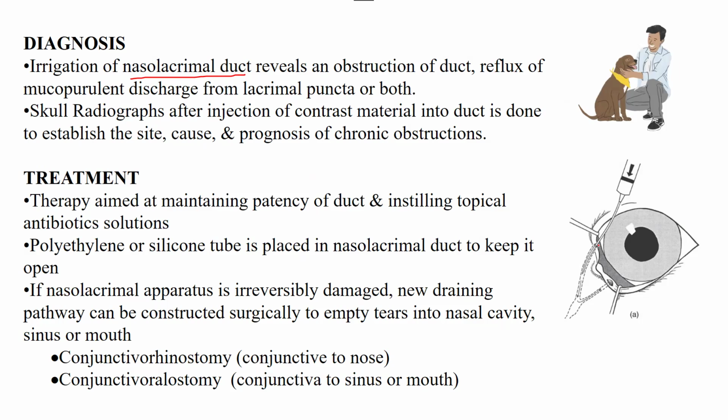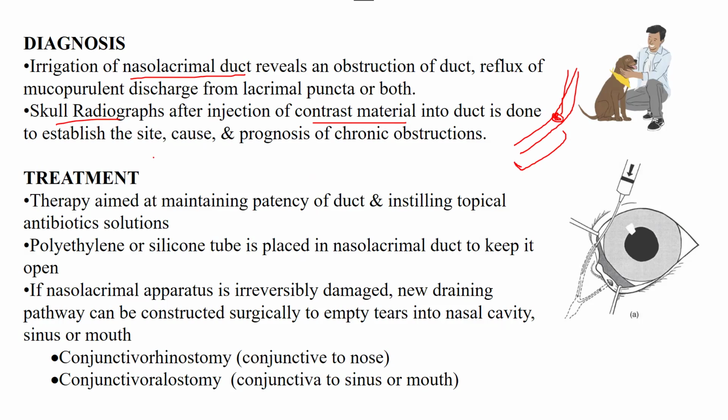So that's how you can get to know. Or sometimes you start to irrigate the area, and if the debris is not that hard, it will come out from the nasal part, and you can see that debris, and you can basically figure out that it is a case of dacryocystitis. And second thing you can do for the diagnosis is doing skull radiographs using contrast media. If the tract is obstructed from here and you have used contrast media, the contrast will not travel, will not come into this area.